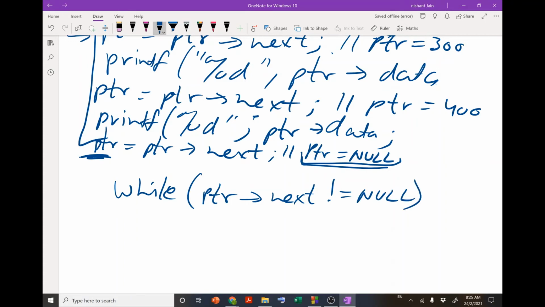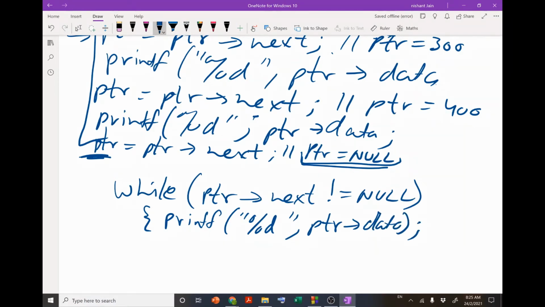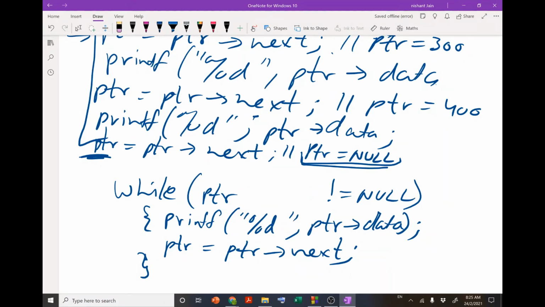If ptr is not equal to null, then only we are going to print the data that is there in the node, and we are going to update the value of ptr, right? It should be ptr not equals to null.